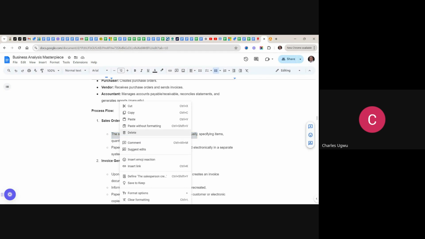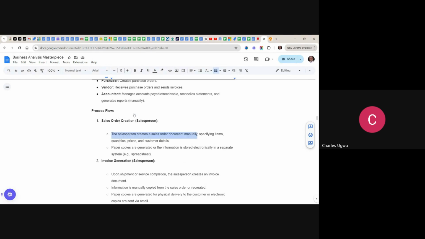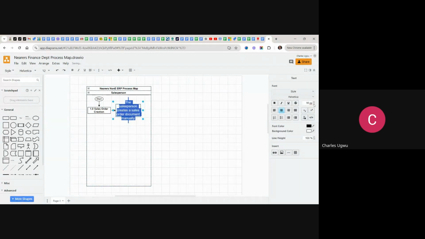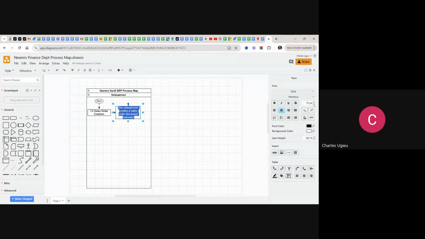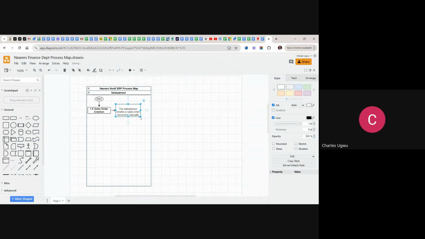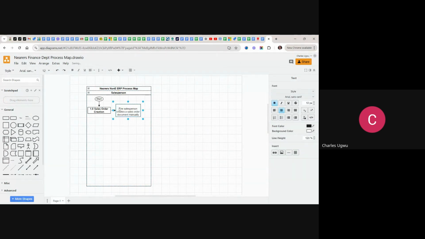It's just the key words I'll be picking to make the work look neat. And I'll give it 1.1,